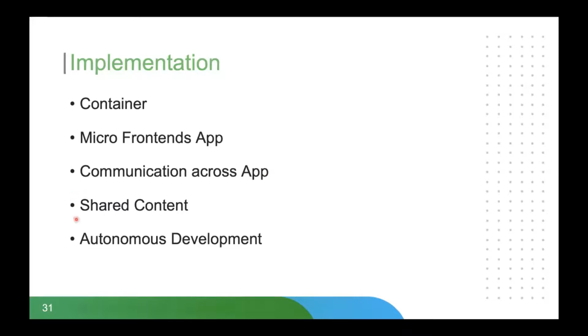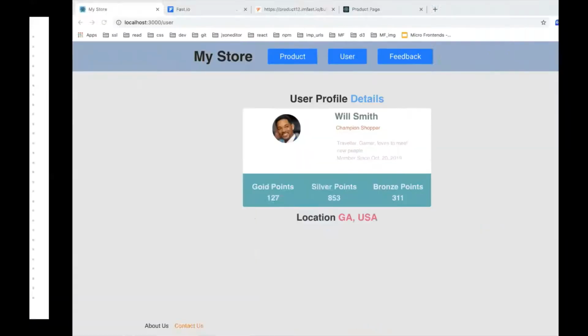Another thing is shared content. OP has already talked about the payload size. Payload size becomes a very huge problem, and soon Deepika will talk about another very good feature, module federation. But in this case, shared content means that we have 3 micro frontends, and every one of them is using some dependency like React DOM or D3, whatever. So whenever we load a micro frontend, we have to load those dependencies in its build also. So here, what I did was, as you can see,